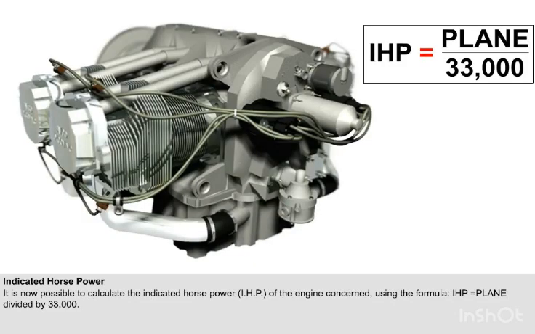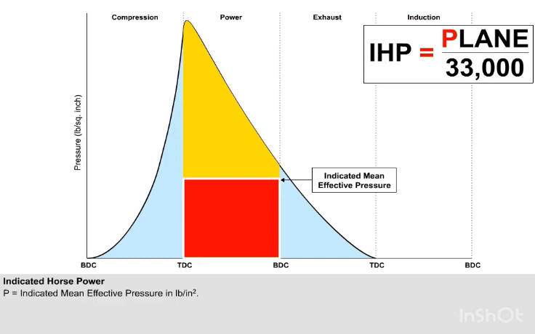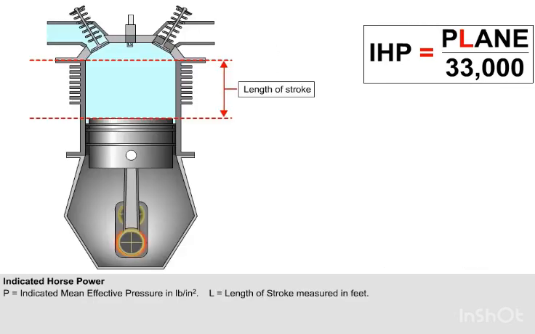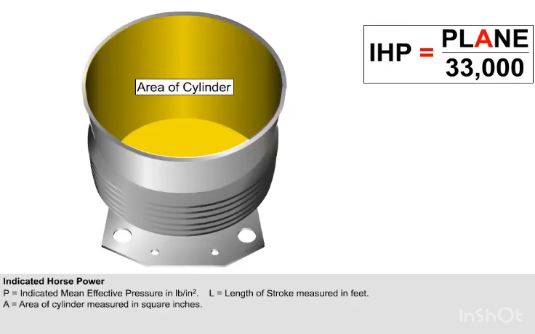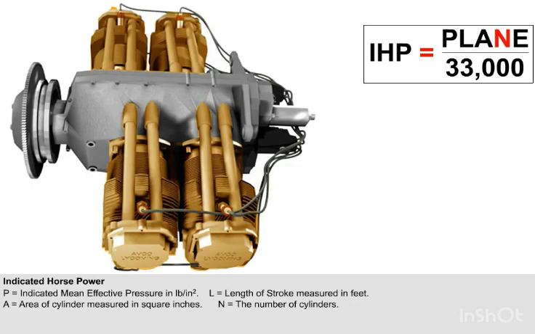Having found the indicated mean effective pressure in the cylinder, it's now possible to calculate the indicated horsepower, or IHP, of the engine concerned, using the formula IHP equals P times L times A times N times E divided by 33,000, where P equals the indicated mean effective pressure in pounds per square inch, L equals the length of stroke measured in feet, A equals the area of the cylinder measured in square inches, N equals the number of cylinders,